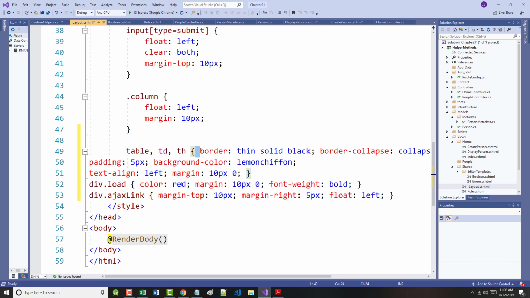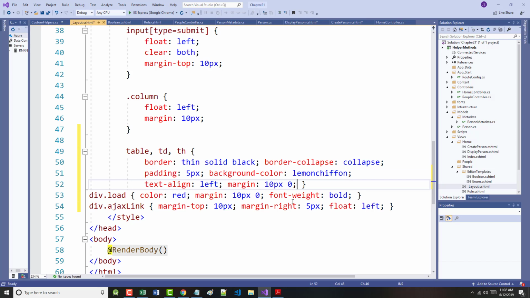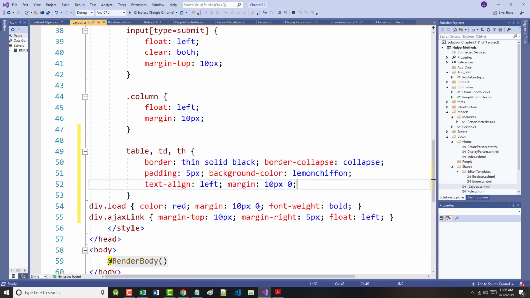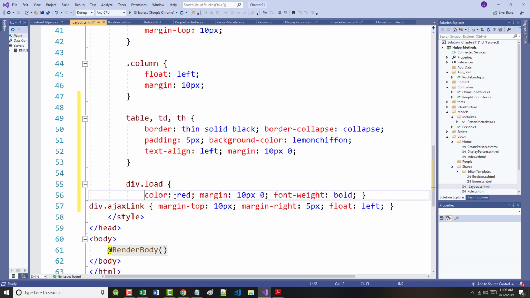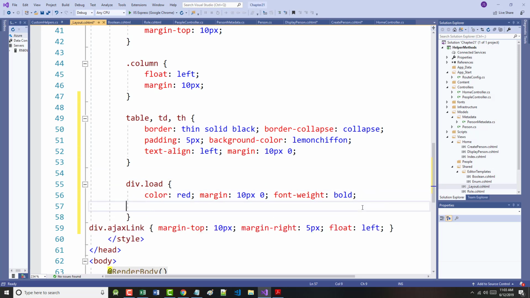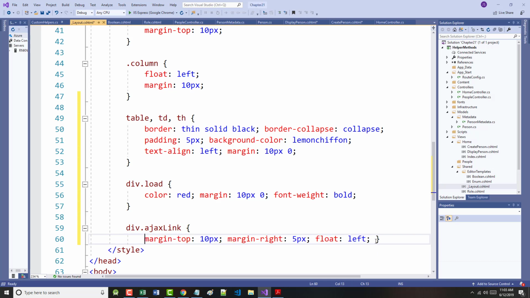Let's pretty it up a little bit. All right, so that's adding the extra CSS styles that we were told to add